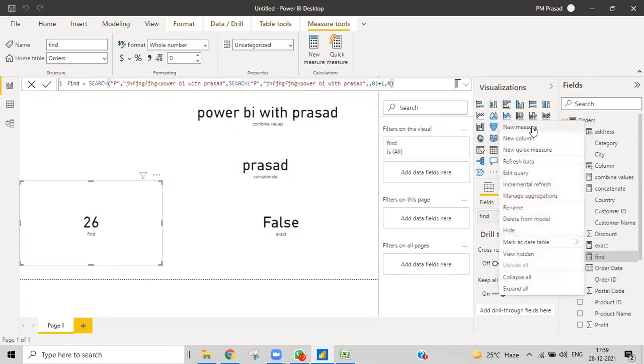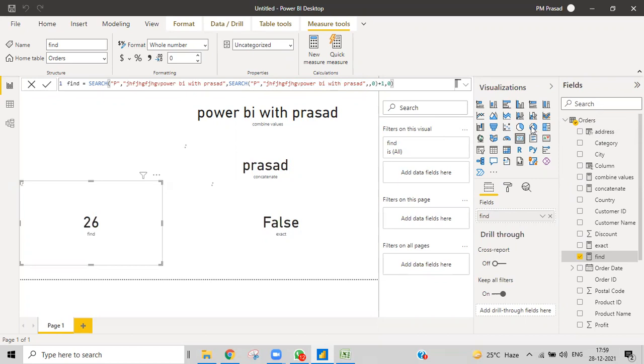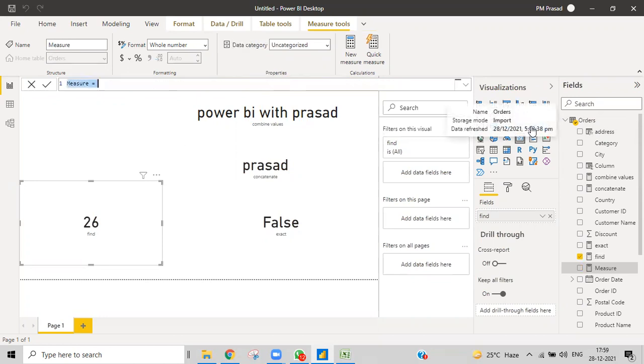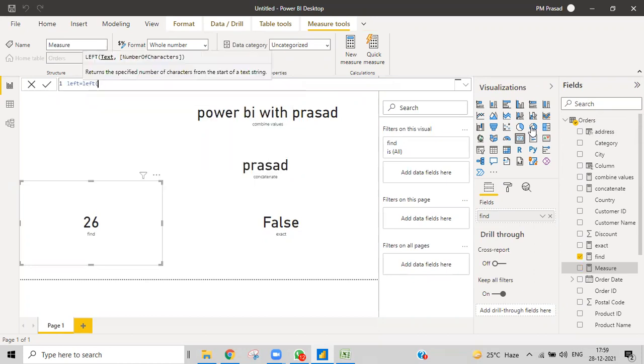Let's create a measure. And then LEFT: we need to give a text, and then I want to get 3 characters from the left.